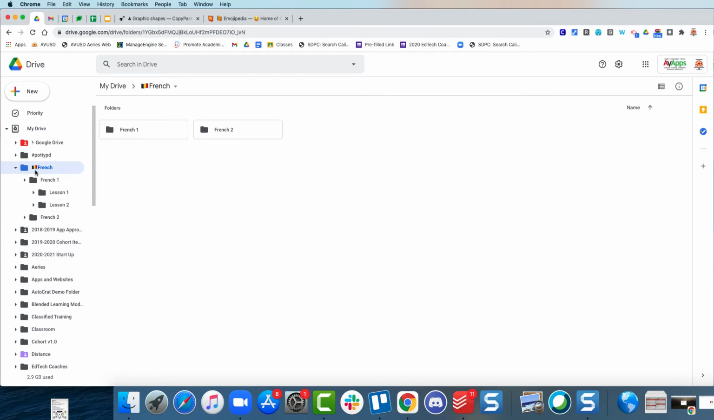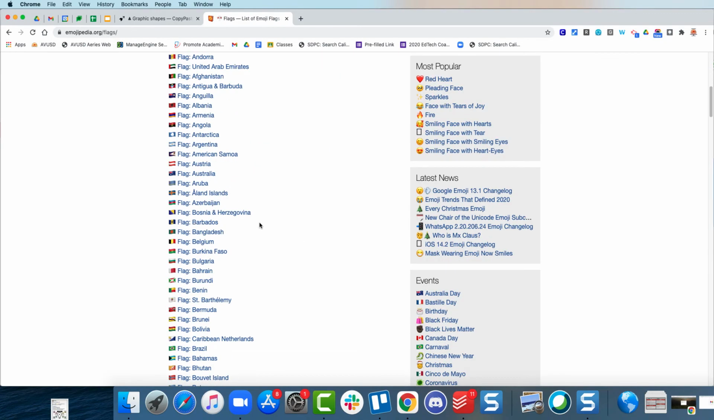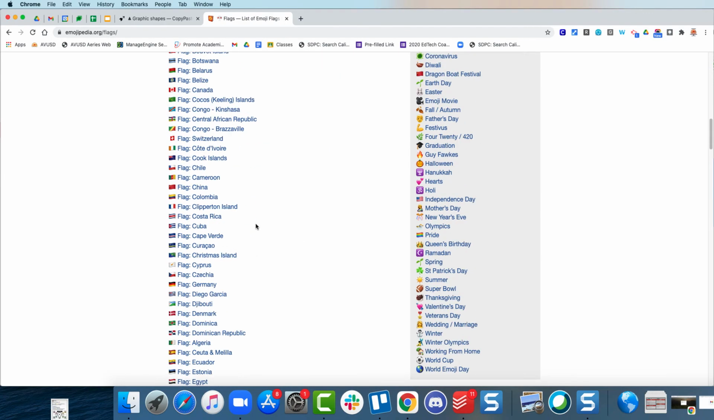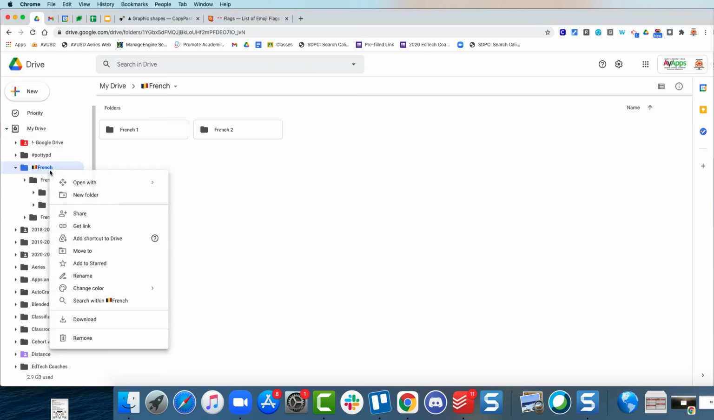All right. Now, if you're not on Mac or you want to do other fancy things with emojis, there are two websites that you can use. One is Emojipedia. Here you can search for the emoji that you want. So let me search French flag. I'm going to go down here and find the French flag. Way down. Here we go. Not French Guinea. France. And I can just copy that, go back to my Google Drive, rename,